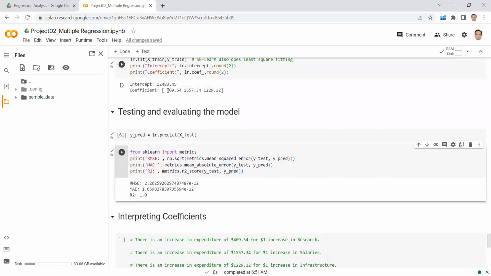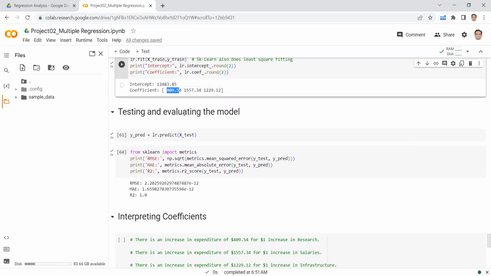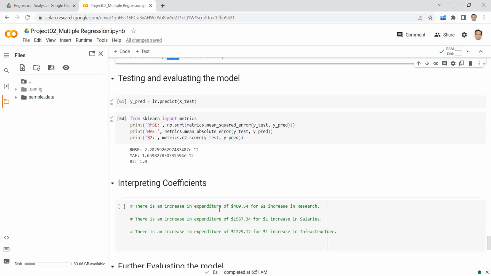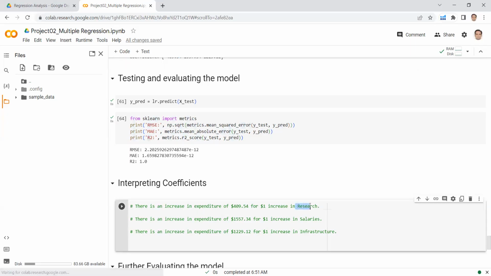So we have the weight value of 409.54. It means this is the weight associated with the research. It means if I add $1 in research, my expenditure will be increased by $409. Similarly, if I add $1 in my salaries, my expenditure will be increased by 1,557. And similarly, if I increase $1 in my infrastructure, my expenditure cost will increase by